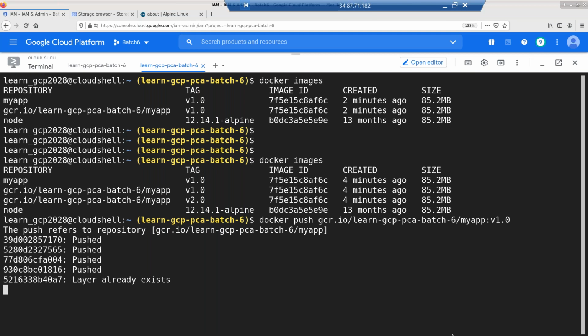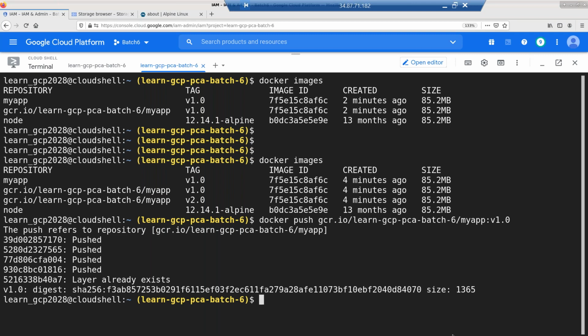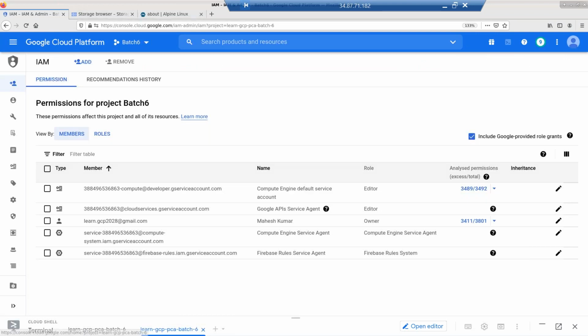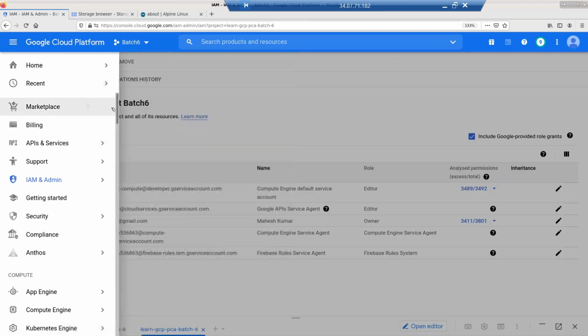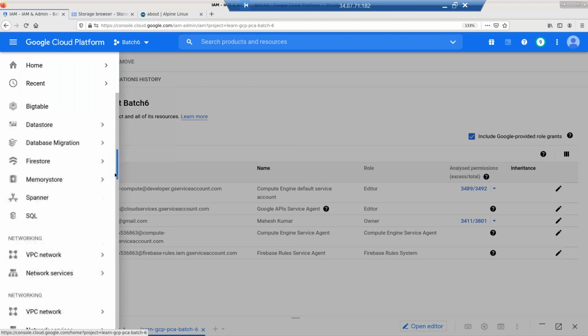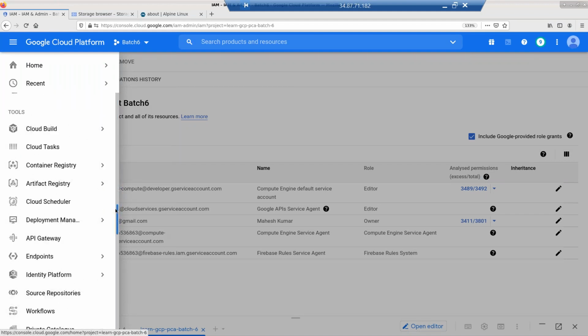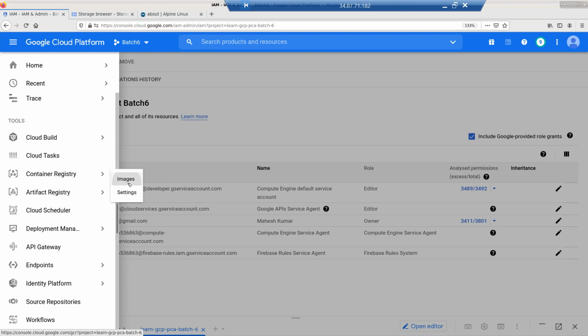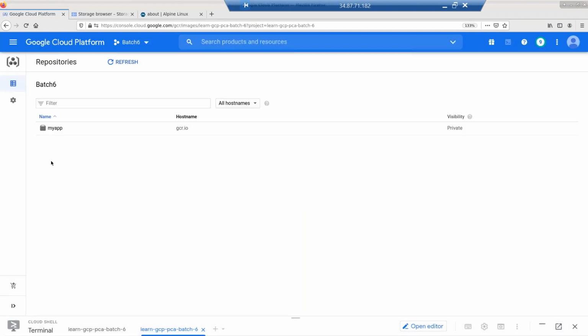Everything in containers is all layers. A few layers may already exist. Maybe the specific Node.js version already exists, because of which our image, when it goes to GCP, may be smaller in size. Now let me minimize this, go to my GCR and see whether my registry is there or not. Awesome, we have our app, my app. Host is